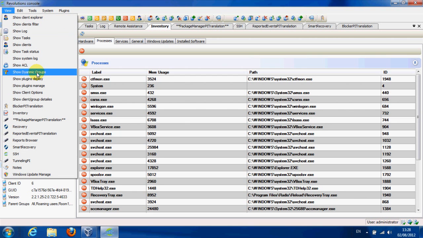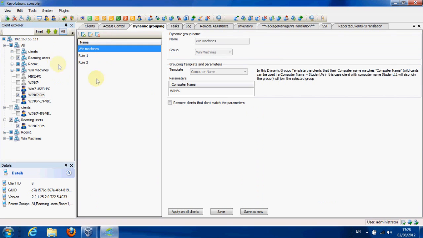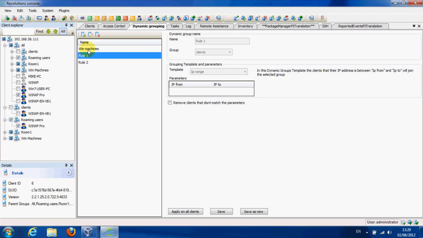I can sort and create dynamic groups on different criteria. For example, all these Windows machines whose computer name starts with Win will go automatically into the group called Win machines. If I look at that, I see that all these machines are named Win something, and these are the machines that are not located in that group. I can create different rules